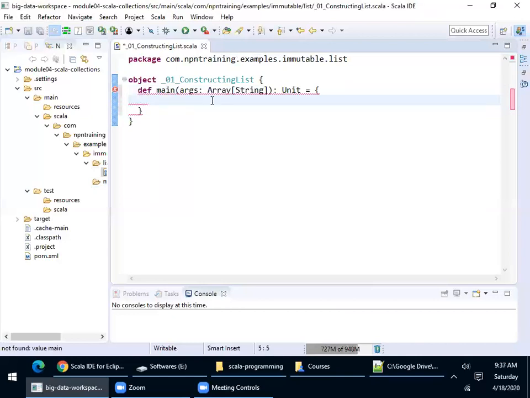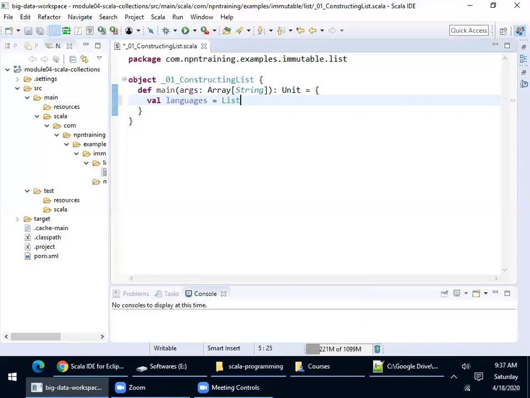Okay, now let me create a list. The simplest and easy way to create a list, for example, I'll just give a list name as languages is equal to, the easiest way to create a list is with List. I told you this is what we call a constructor notation, or if you remember, I told you that this list will call an apply method.